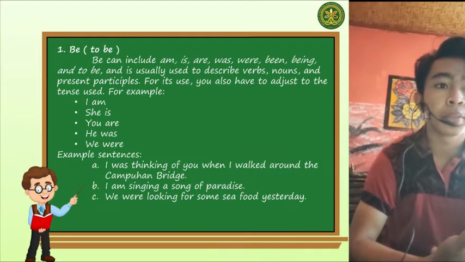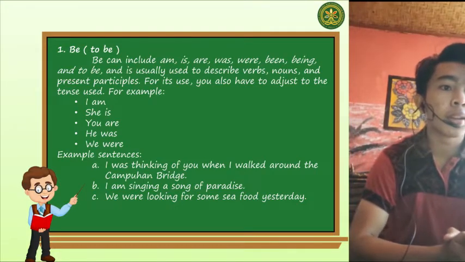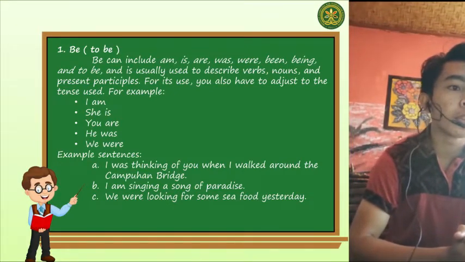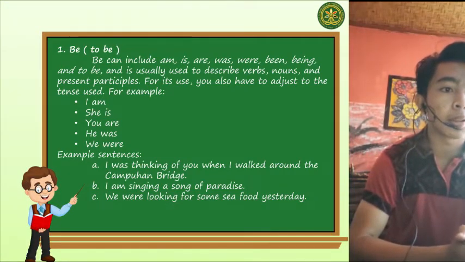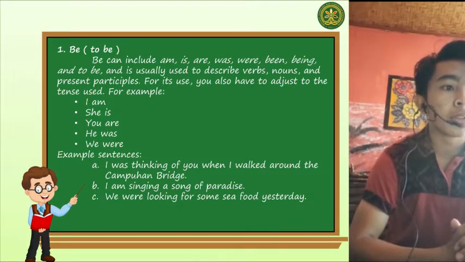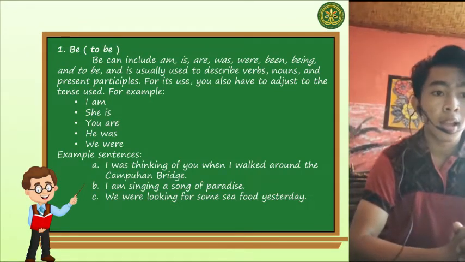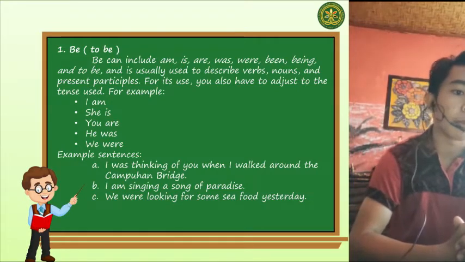Number 1, be. To be can include am, is, are, was, were, been, being, and to be, and is usually used to describe verbs, nouns, and present participles. For its use, you also have to adjust to the tense used. For example: I'm, she is, you are, he was, we were. The examples are: